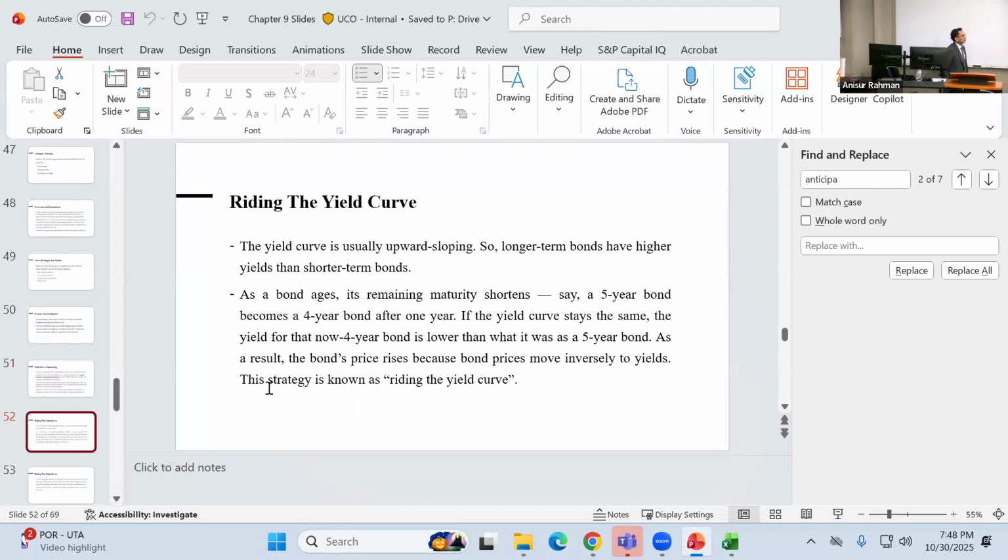Now, riding the yield curve. So riding the yield curve is the idea that as bond ages or its maturity decreases, say 5-year bond becomes a 4-year bond, and assuming the yield curve does not change, meaning, let's say,